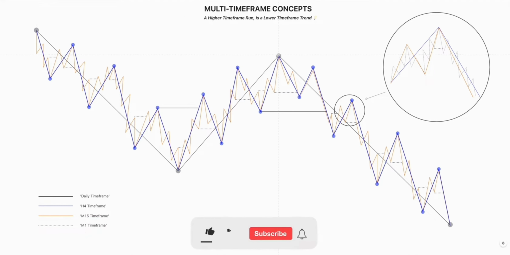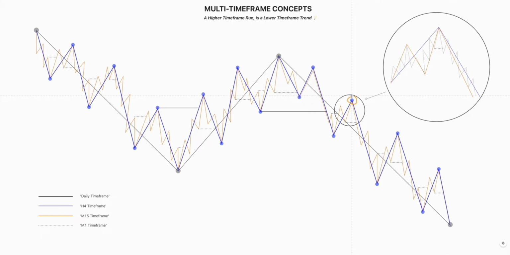So I'll just go through this one last time. The 4-hour time frame switches bearish, which then confirms the daily swing pullback is over. Then the M15, as you can see here in orange, switches bullish to facilitate this 4-hour pullback. Now, if we wanted to try and catch the very start of this 4-hour lower high, what we could do